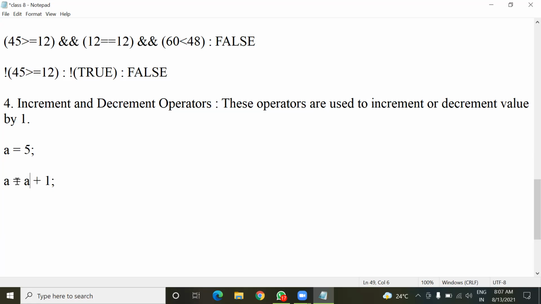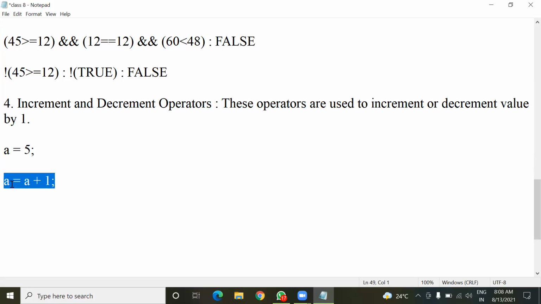It becomes 6, because 5 is already stored inside a, and a + 1 means 5 + 1, which is 6. So 6 will be assigned to variable a. The new value inside a will be 6.